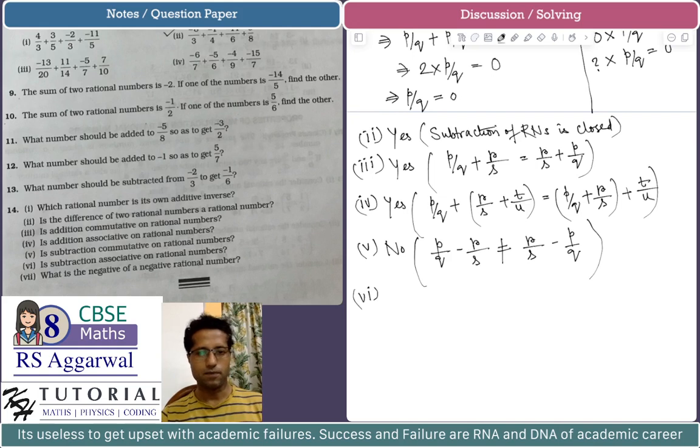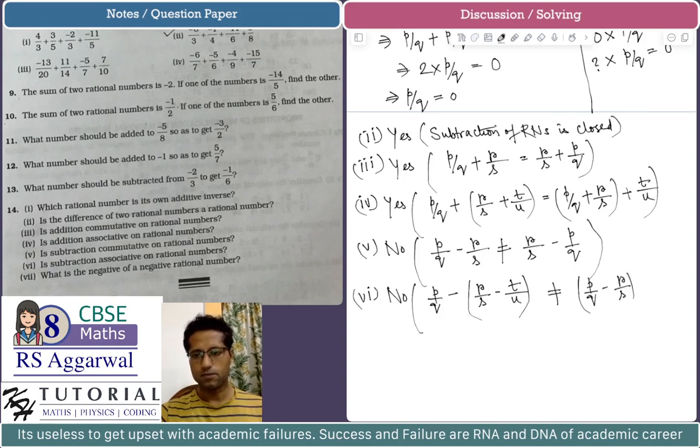Part 6, is subtraction associative on rational numbers? No, because P by Q minus R by S minus T by U is not necessarily the same as P by Q minus R by S minus T by U. This need not necessarily be true, because consider